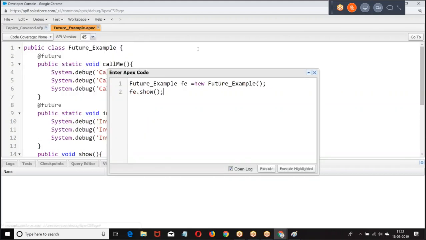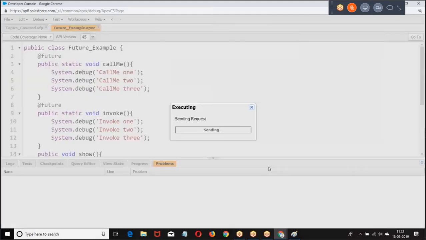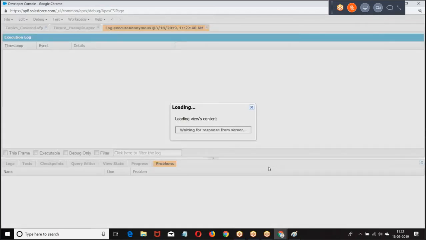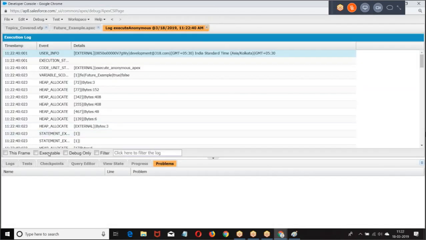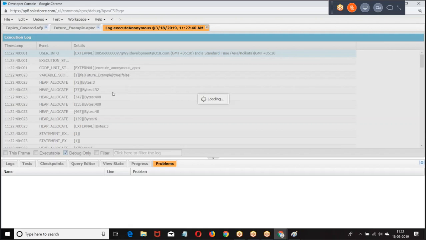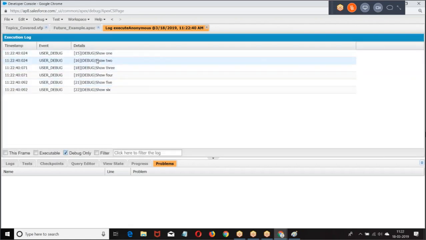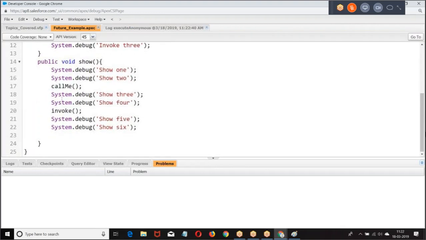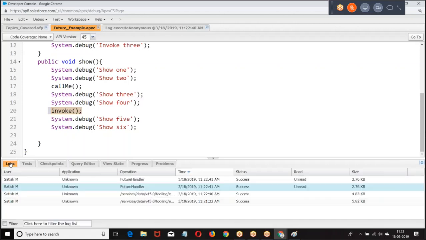Go back and see. What was that? Show 1, show 2, show 3, show 4, 5, 6. So all the shows are running separately. Why? This is a future method, it is going to run independently. Invoke is also a future method, it is also going to run independently.